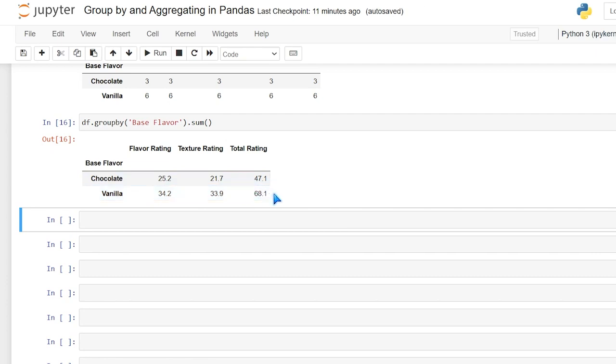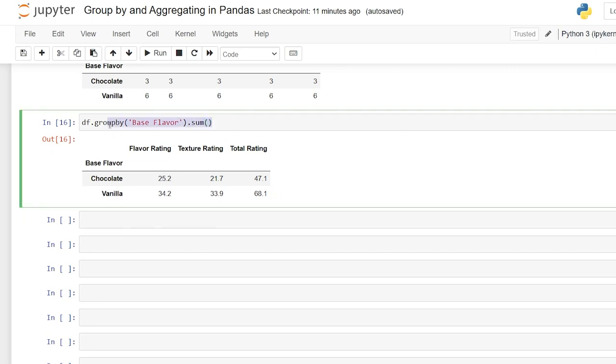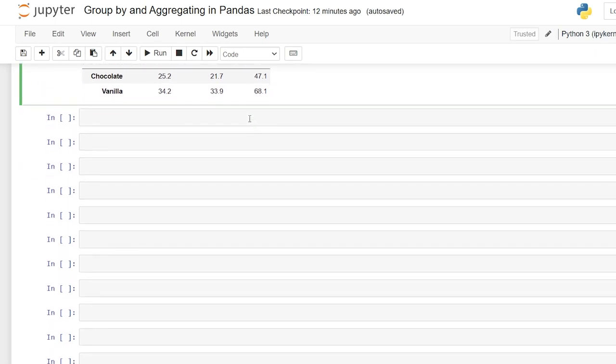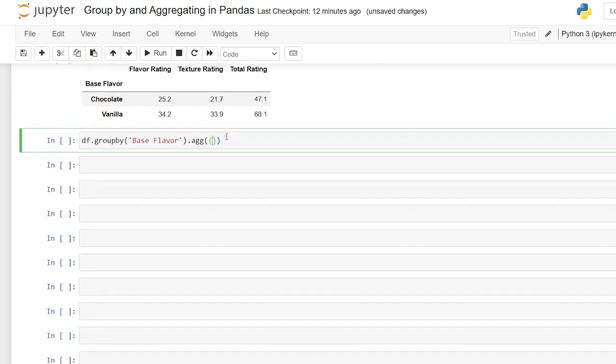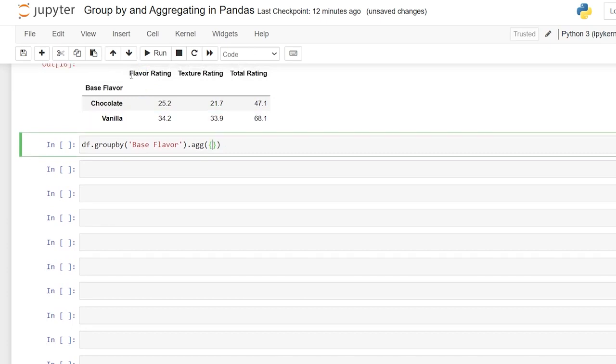Now that's a really simple way to do your aggregations, but there is actually an aggregation function. And let's take a look at this because this is a little bit more complex, although when I write it out or show you, hopefully it makes a lot of sense. We can do .agg. So this is our aggregate function. And what we need to pass into our aggregate function is actually a dictionary. So let's do an open parentheses, and we're going to do a squiggly bracket. And then we need to specify what we're going to be aggregating on, or what column. So let's do this flavor rating. Let's copy this. We'll do flavor rating,